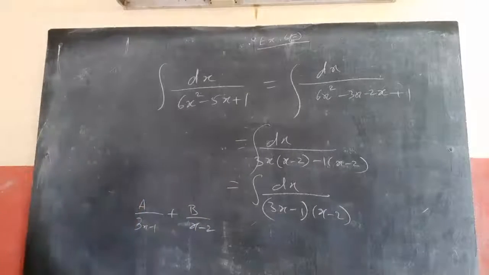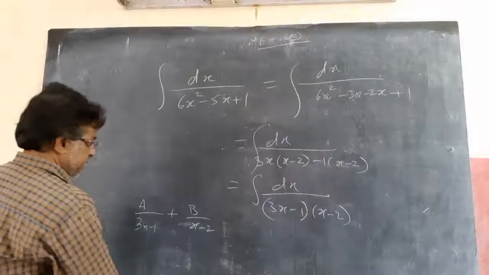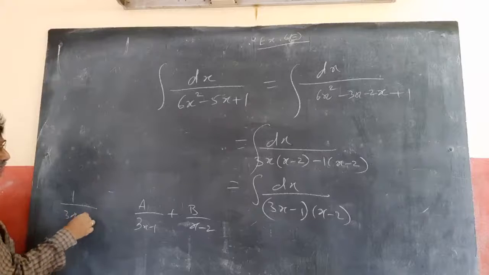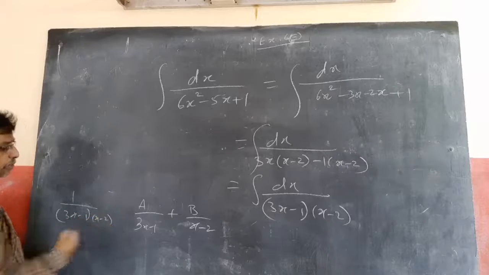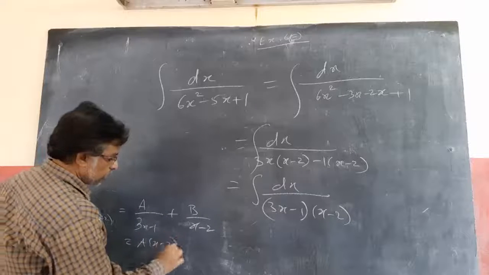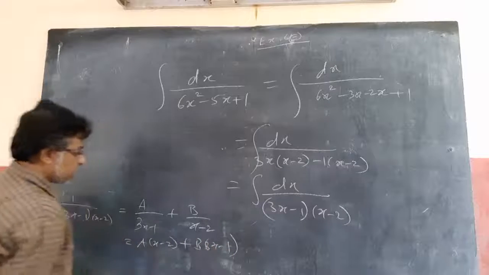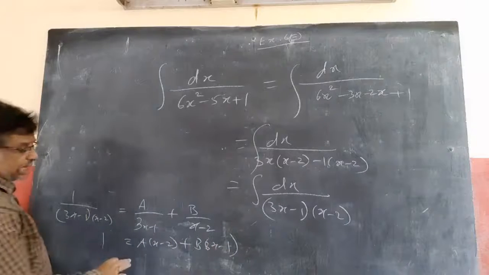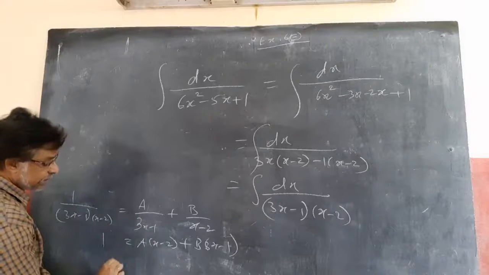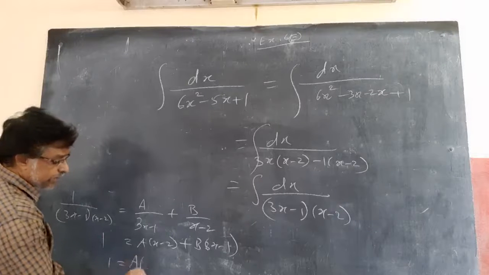So 1 by (3x minus 1)(x minus 2), if you take LCM, becomes A into (x minus 2) plus B into (3x minus 1). Now 1 is equal to this. Let x equal to 1 by 3. You will get a value: A into (1 by 3 minus 2)